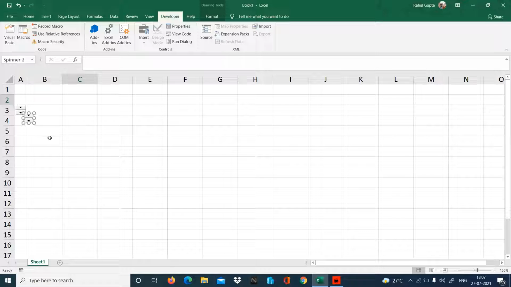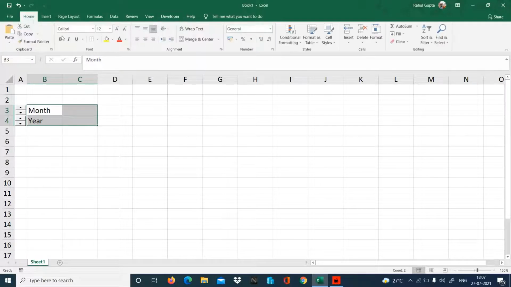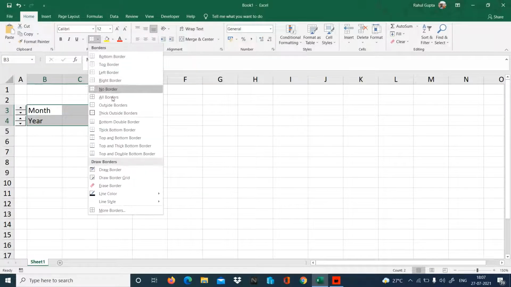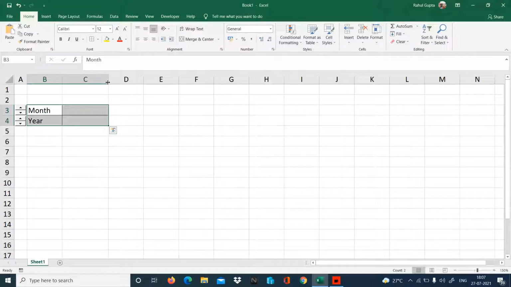I'll copy and make one copy of it. So finally, we have these two buttons. The first one I have made for month and the second I made for year. So from the first button we are going to get the month and from the second button, we are going to get the year.